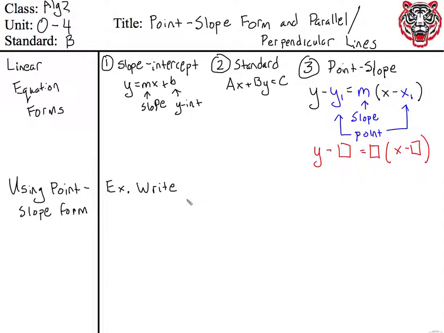Write an equation for a line with a slope of -5 and containing the point